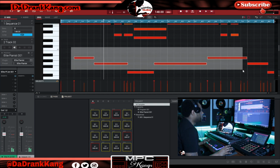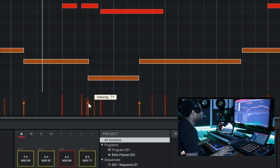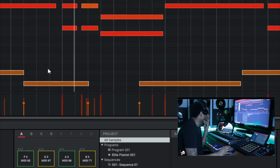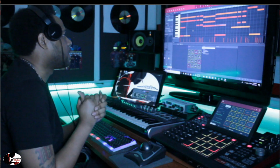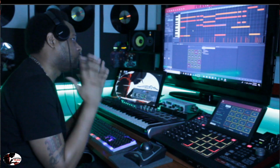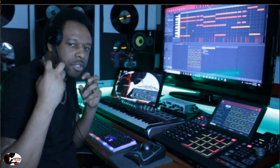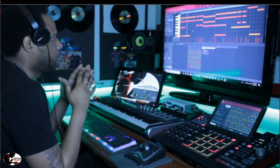All right, there you go. Now we're going to do the same thing with that. We're going to highlight all of our bass notes, and then we're going to bring that down just a bit. See, now our melody is starting to take shape with just a few of these human feels, and that's the idea of the tip. Just try and get that humanized feeling to your melodies by adding small little things like